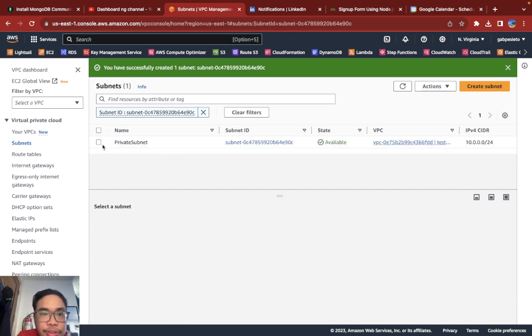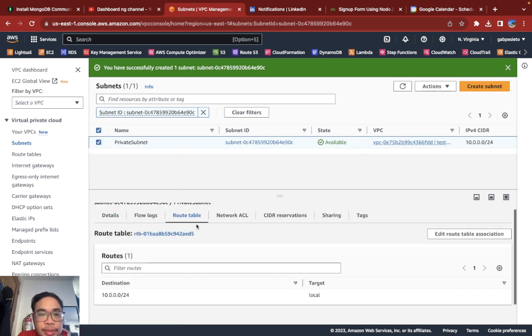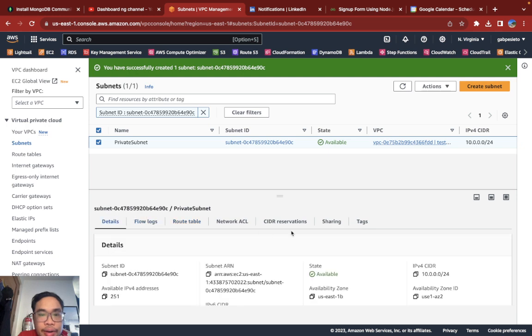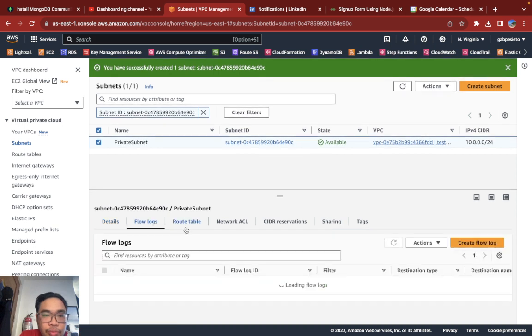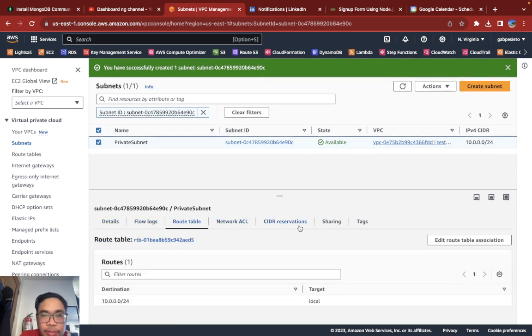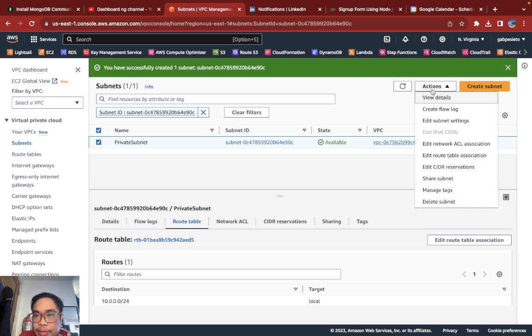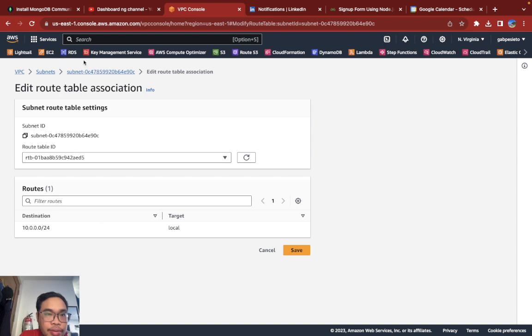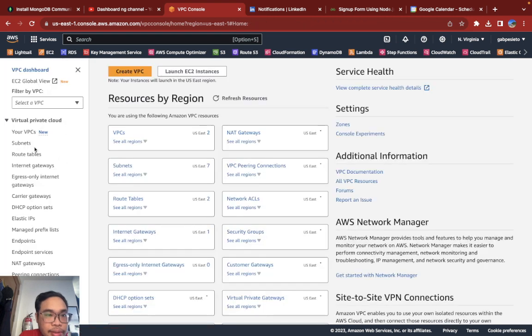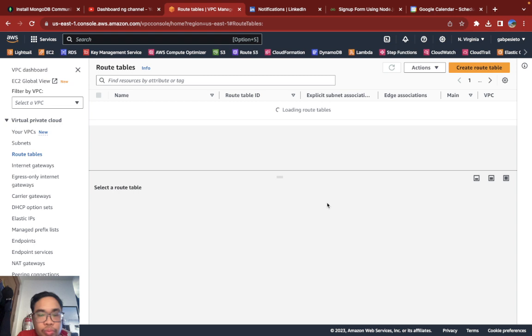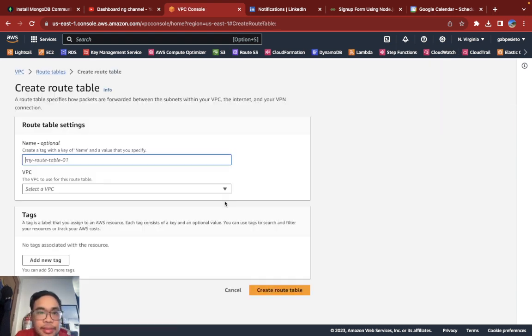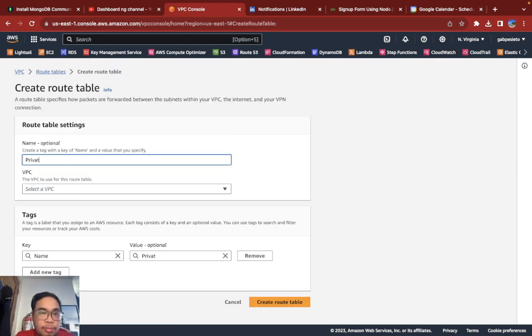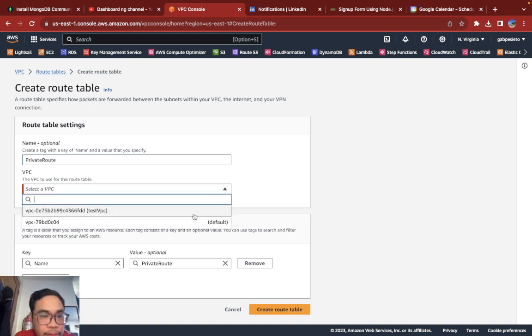And then we associate this to our route tables, of course. So what we do here is we edit route table associations. Oh, sorry, we should create first the route tables. So when we create this, we make sure that we create as a private route.